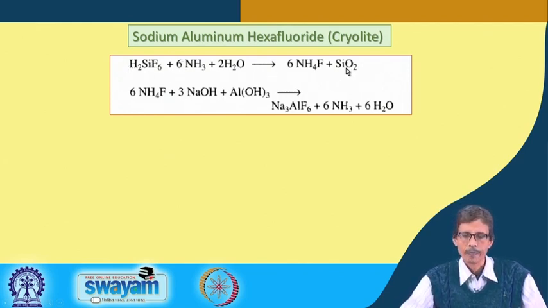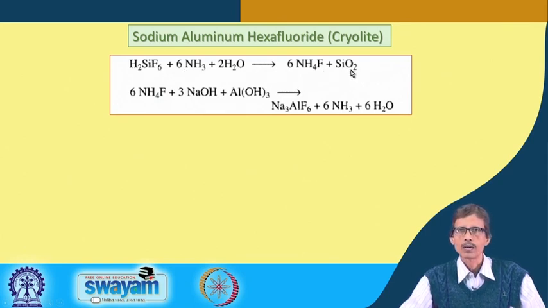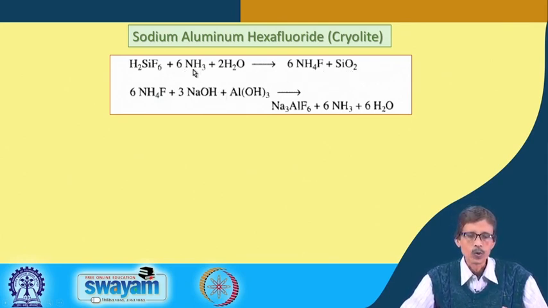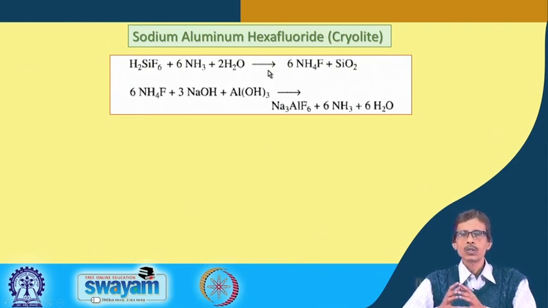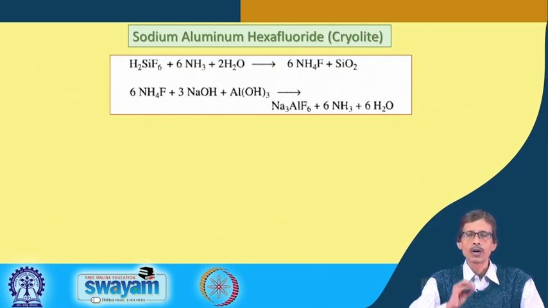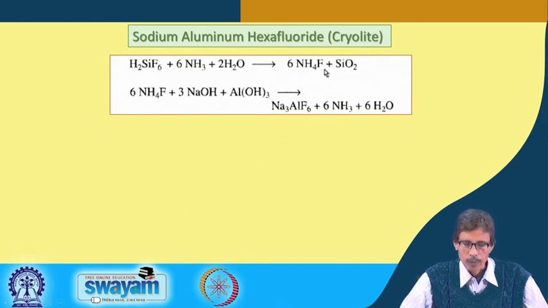So, the entire silicon present in hexafluorosilicic acid will be taken by water molecules to silicon dioxide, and the protons of the water molecule give ammonium ion, and that ammonium ion will be available to trap or bind the available fluoride groups which are coming out from the hexafluorosilicic acid. As a result, the 6 fluoride groups available on the hexafluorosilicic acid will be taken out by these ammonium ions and ammonium fluoride will be formed. So, 6 molecules of ammonium fluoride will be formed along with your silicon dioxide.